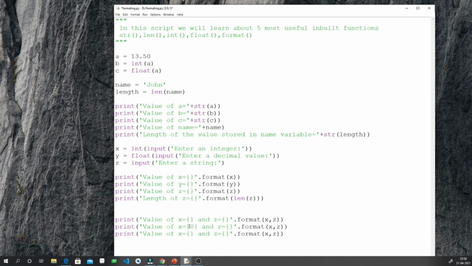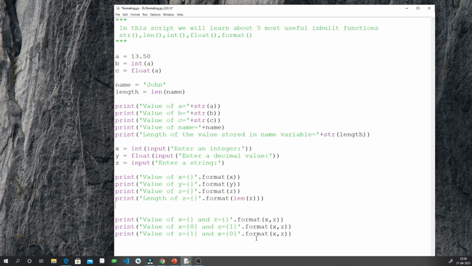If you type 0 here and 1 here, x will be printed in this position and z will be printed in this position. And if you do this oppositely, like 1 here and 0 here, and of course you have to change this thing because it will give an incorrect result, we are passing the value of z to the first position and the value of x to the second position.